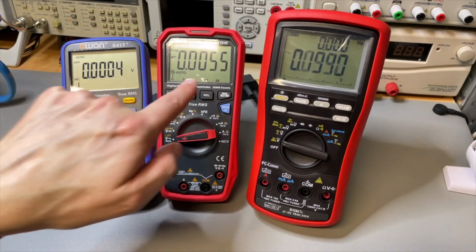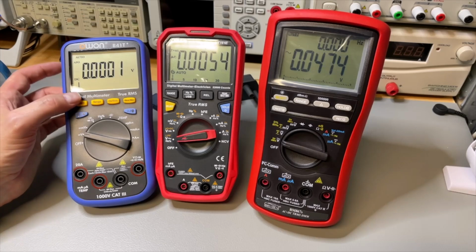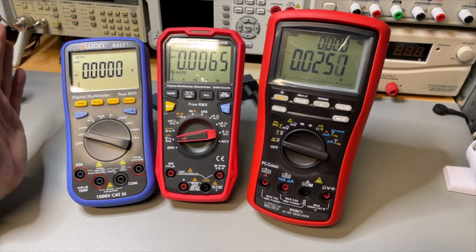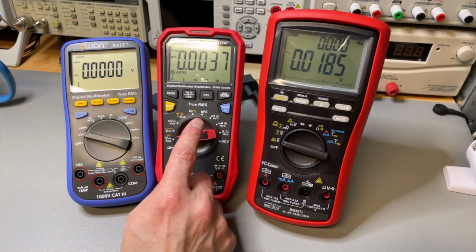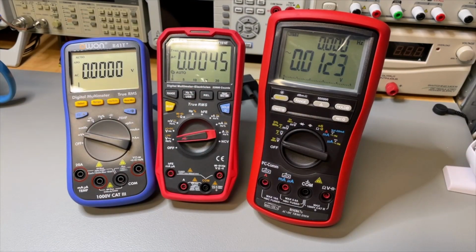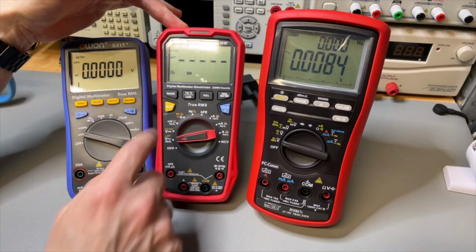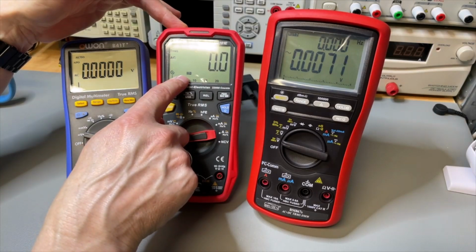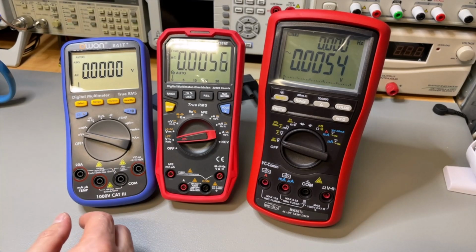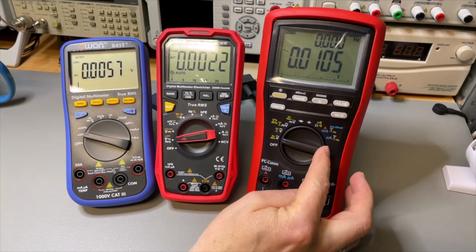We see the same amount of digits. And here we can switch from AC to DC, and that is about it. So I keep it just to AC. If we see here, all 3 are true RMS, by the way. Here is an extra: if you are in AC, you also have AC with a low pass filter, so you can get some high frequencies out of the way. And when we look at the Brymen, I didn't find the low pass filter, but